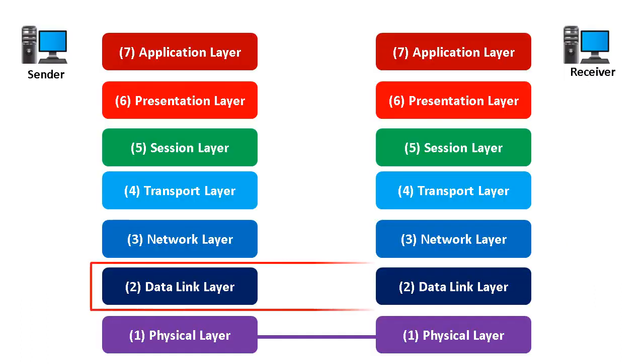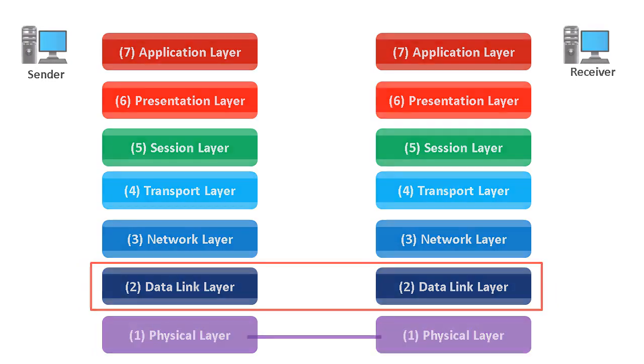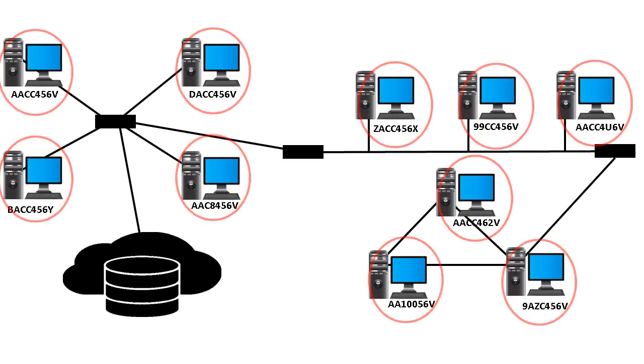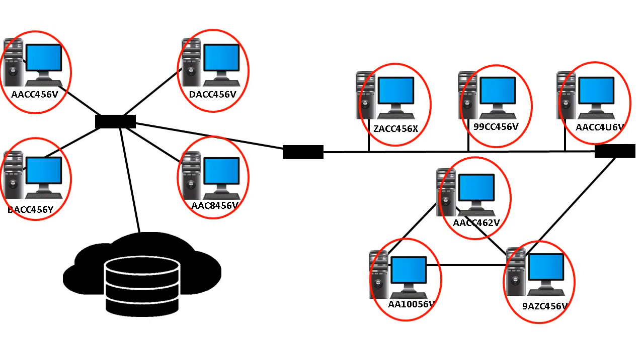Data link layer, this is layer 2. The data link layer is the second last layer of the OSI model architecture. It further divides the packet into frames, and it is responsible for the node to node delivery of the message. This layer makes sure that the data transfer is error free from one node to another node over the physical